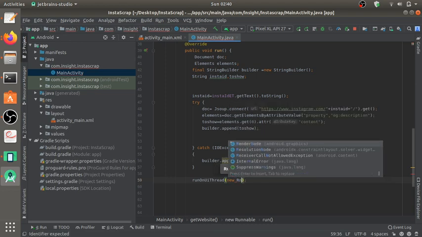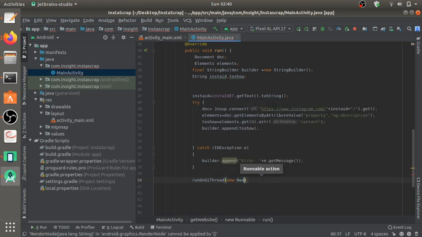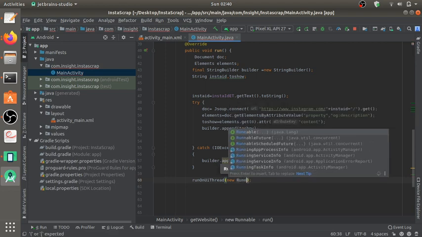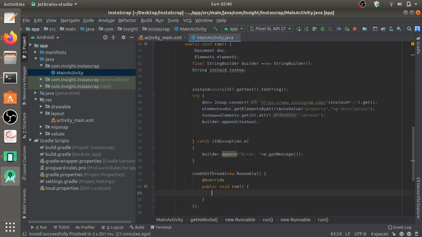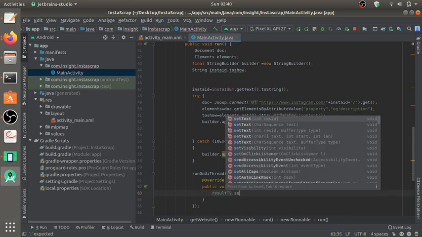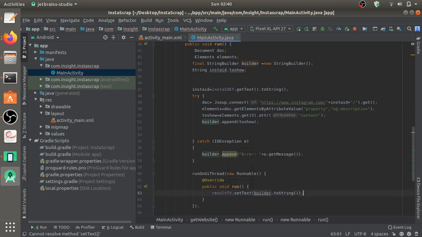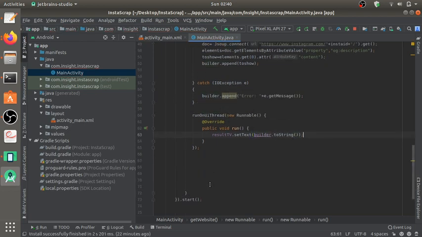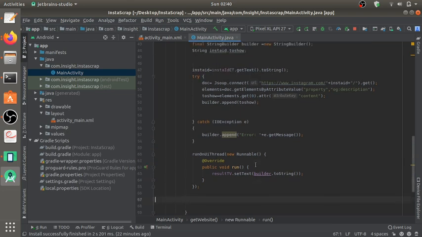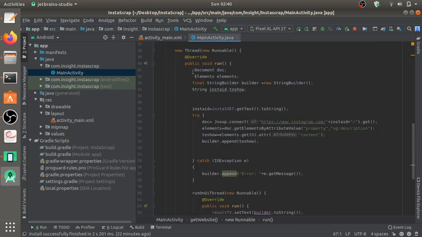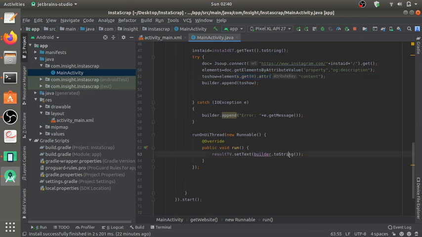New runnable, sorry, okay, dot set text builder dot toString. This will be enough, I guess. What I'm doing, I'm getting the document, I'm getting the elements, I'm finding the string to be shown, and I'm showing it right here.